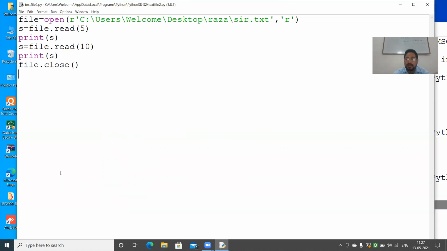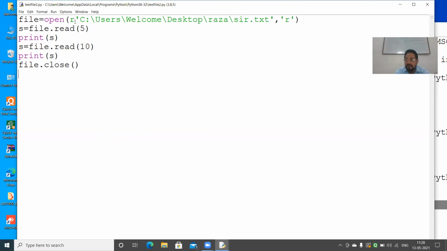Please note down this program. The first program was, I have made a text file and I have stored that text file in the Python folder. And then I was reading it just by giving the names, suppose sir.txt or text.txt, it was reading. But once we were giving the full path, it was not reading the file. It was showing some sort of error. To get rid of that error, because it is showing Unicode errors, we will write the prefix R in the beginning.